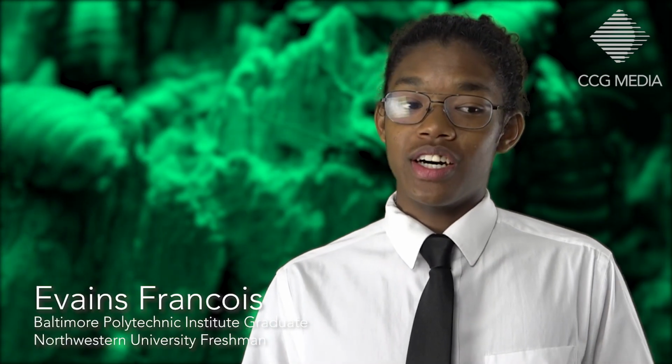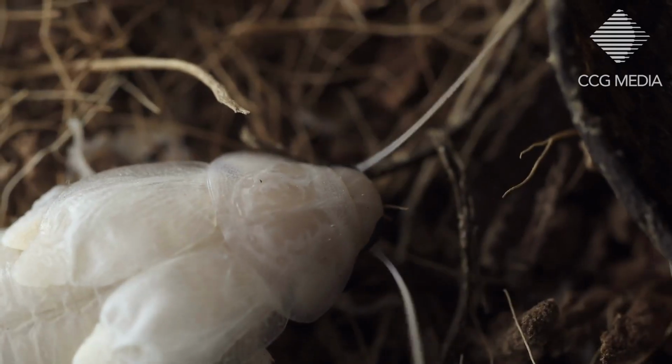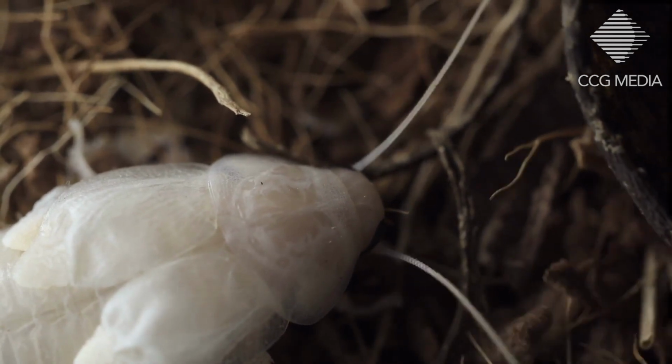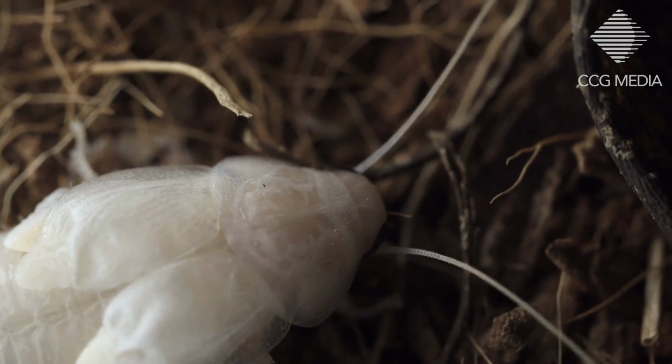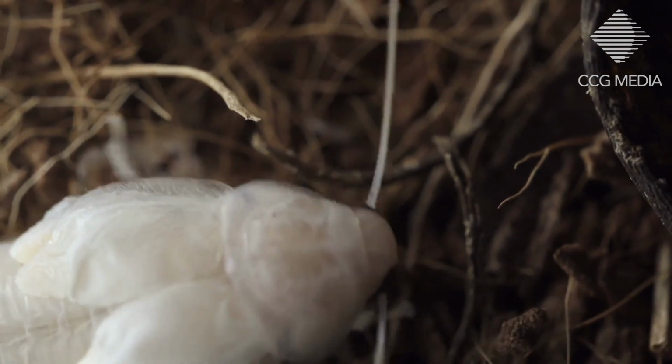So I looked at cockroaches. I had a couple projects, but my main one was looking at their antenna. Antenna are one of the most common ways of insect navigation, and so I wanted to see whether or not it's feasible to incorporate antenna into robots. First, I just looked at how the antenna worked, so I had to study the anatomy of cockroach antenna,